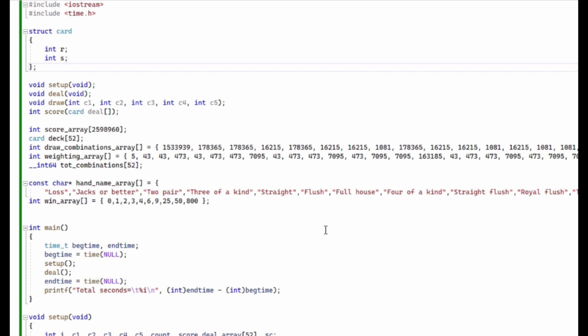Hey YouTube, this is Mike, and in this video I'm going to be expanding upon a video I already did on how to code video poker in C++, in particular how to evaluate the odds of a pay table by speeding it up. You may recall that the program that I did in part 1 took 13.7 hours to run through all